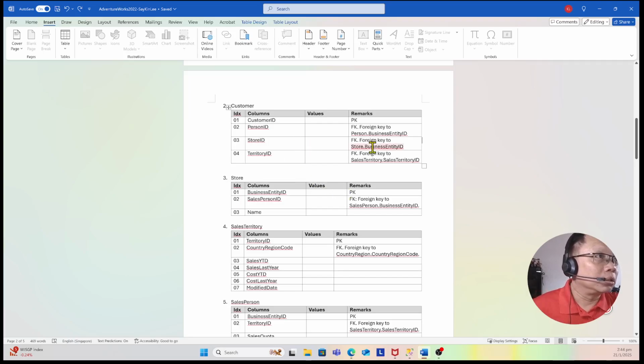Store. So this is the customer. There's a store ID. The foreign key ties to the store business entity ID, which is here. Then we can retrieve the store name. There's also each store ties to a salesperson. Okay, foreign key to